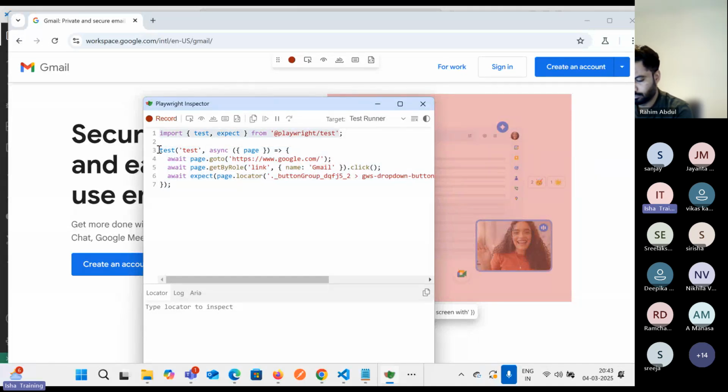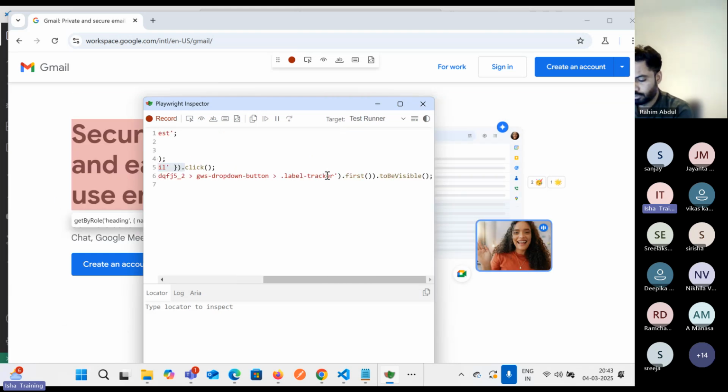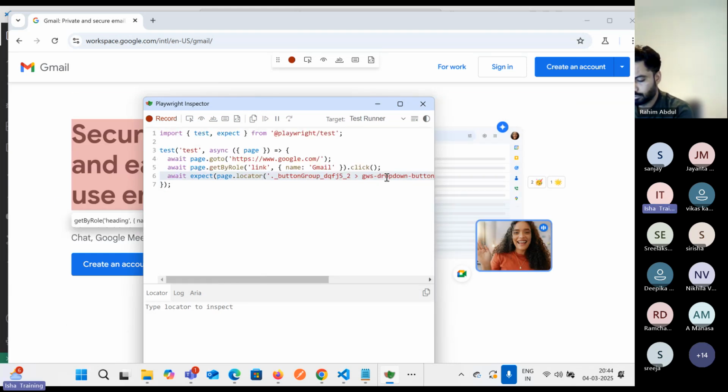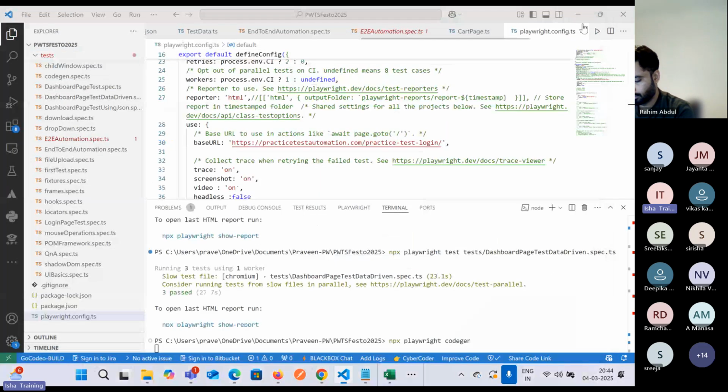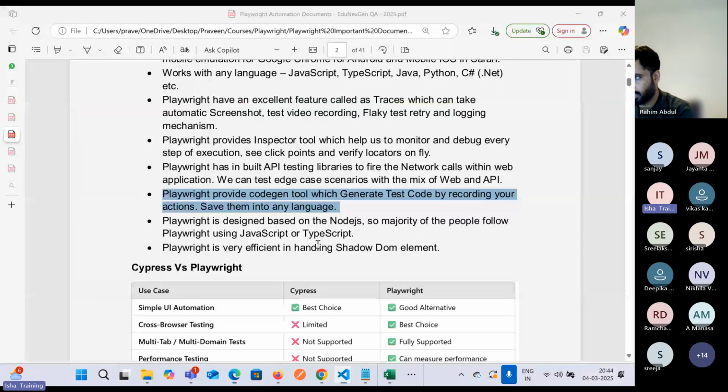It has written a test case in terms of Playwright, saying we have navigated to google.com, clicked on Gmail, and then after this, it is saying that this particular element should be visible on the page. So it has written an assertion by using the expect function. The expect function will help us in writing the assertion. That means, again, we do not have to depend on any third-party tool to work with assertions in Playwright. Okay, so this CodeGen tool,